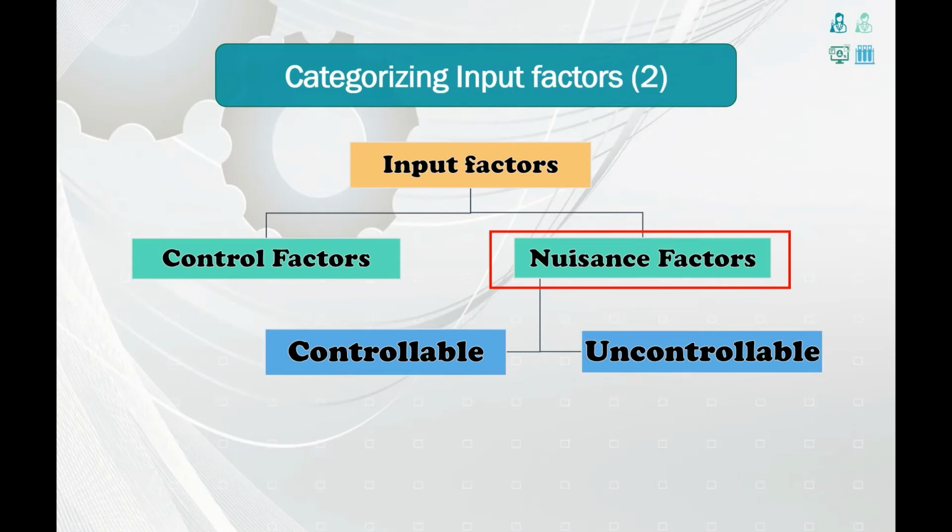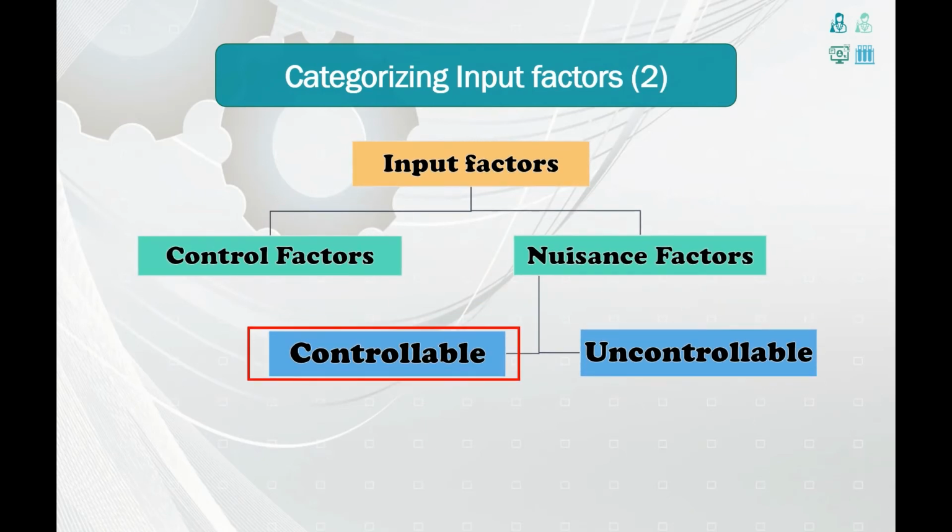These factors can be further categorized depending on whether or not they can be controlled within the experiment. For example, consider an experimenter that wishes to study the effect of the amount of a particular raw material added on the yield of a certain process. Since the batches from which the raw material is retrieved will vary as the process runs, the batch is considered a nuisance factor. Additionally, since the experimenter will select raw materials from known batches for conducting the experiment, the batches are a controllable nuisance factor in this case.